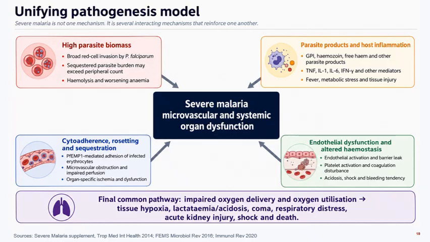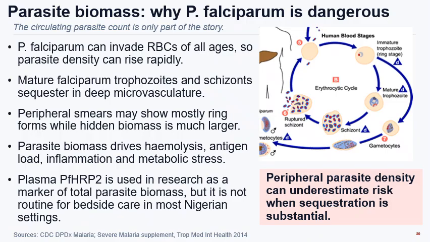These pathways converge on a final common problem, which includes inadequate oxygen delivery and impaired oxygen use. The result is often tissue hypoxia, lactate accumulation, acidosis, coma, respiratory distress, kidney injury, shock, and if not reversed, death. When you are unsure of an answer, please return to this model and ask which part of the pathway best explains the clinical findings presented to you. From this point forward, I will attempt to explain some of the components of the unifying pathogenesis model I presented